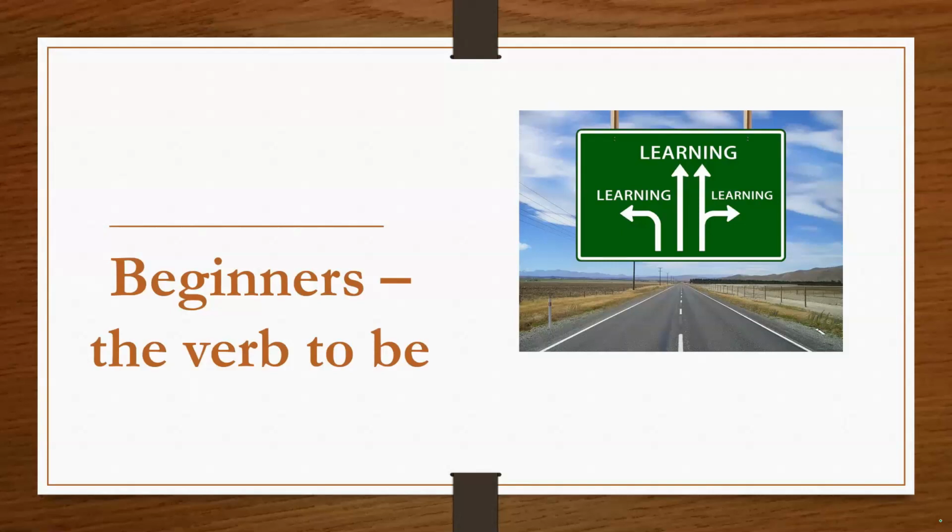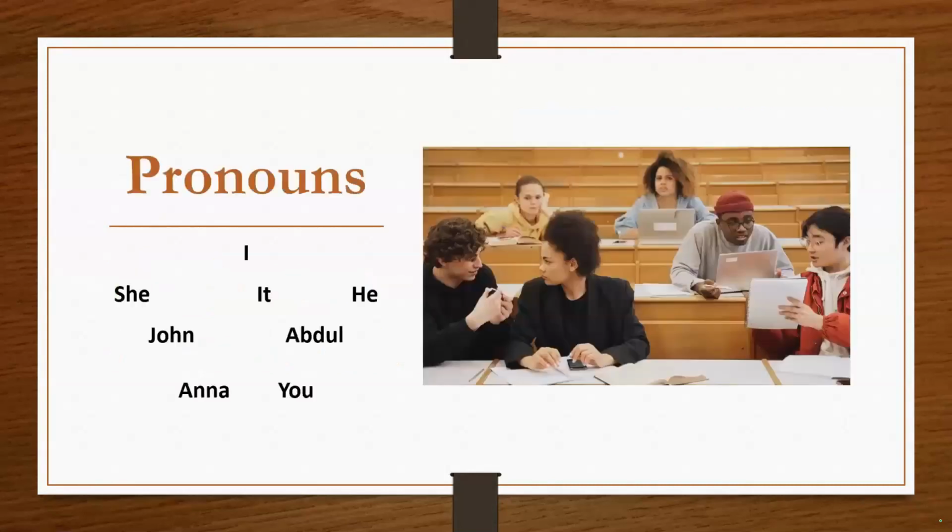Okay, so this isn't what I'd show them. I'm just showing you the components of the verb to be, and then I'll show you how I would use it. So just in case anyone's not aware. William, if you show the next slide. So hopefully these are pronouns that they would already be aware of. So John and Abdul will be class members. They know he or she, I, he, it, Anna. Okay, so that's what they hopefully would know already. And I'd be using these in the lesson.